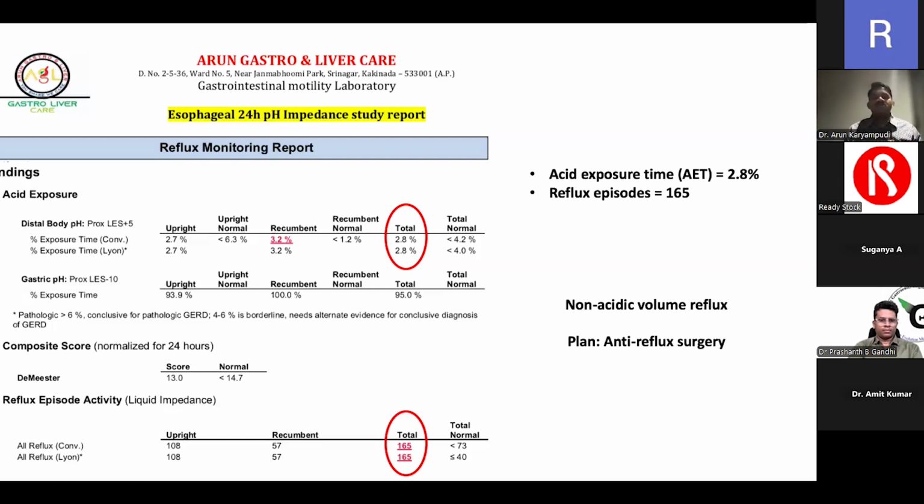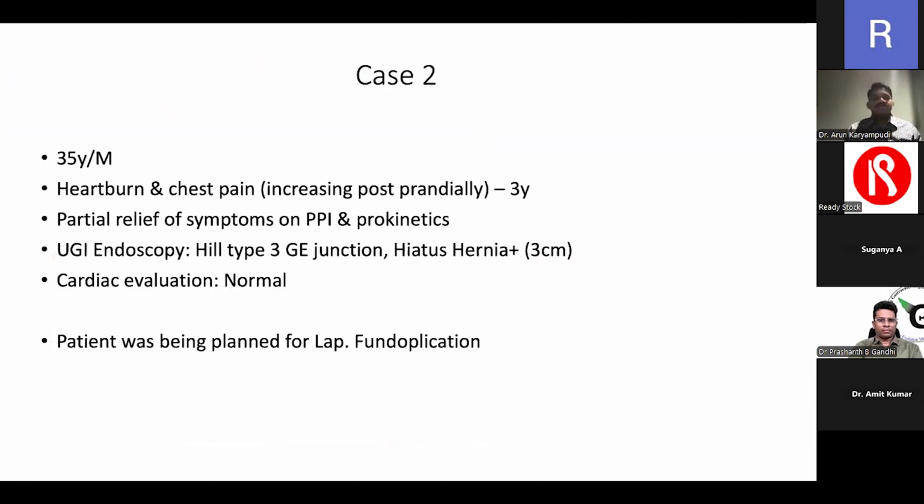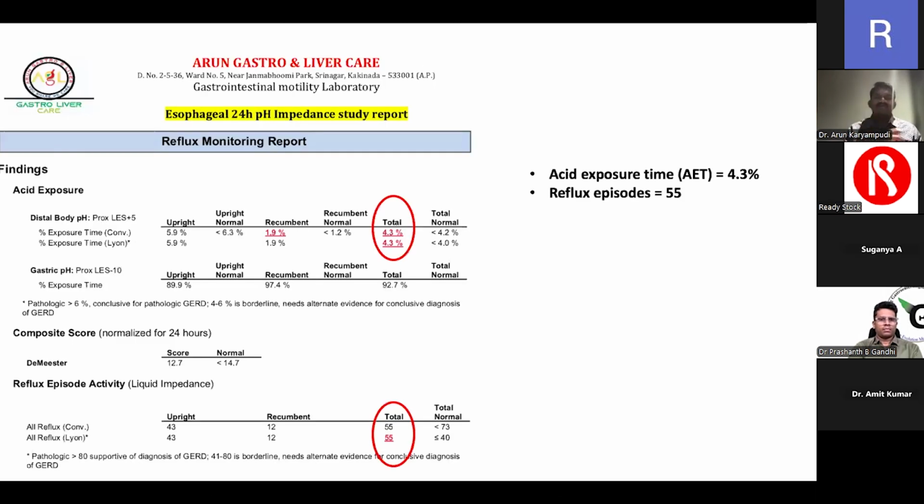So this patient was referred for anti-reflux surgery. Again, coming to the second case, a 35-year-old gentleman presented with heartburn and chest pain that increased postprandially, lasting for 3 years. He had partial relief on PPIs and prokinetics. Endoscopy showed hiatus hernia, and the patient was being planned for a laparoscopic fundoplication just because he had hiatus hernia and GERD symptoms. But when we did a